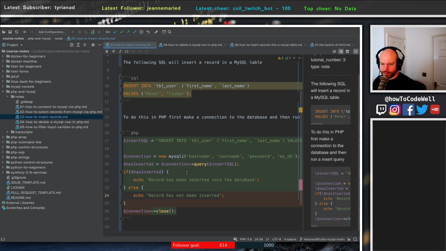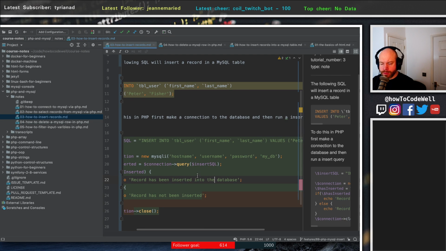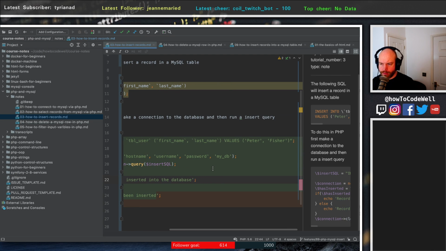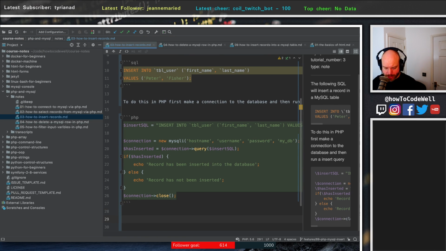Okay, so I'm gonna put in a little bit about doubling this up. At the moment, this is just one insert query. But what happens if we want to do multiple insert queries? Well, then we would have an array of data, right? So to insert multiple records, use an array of data and